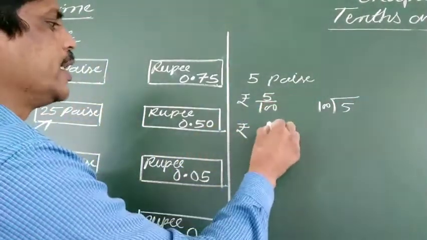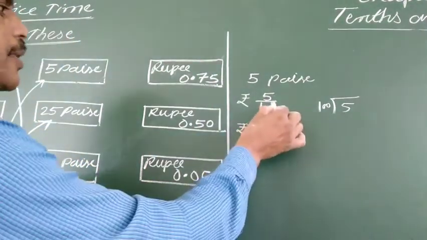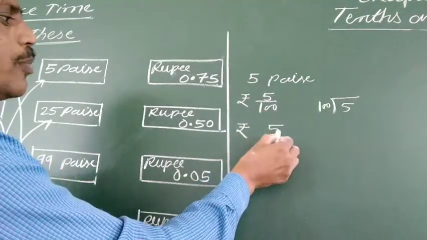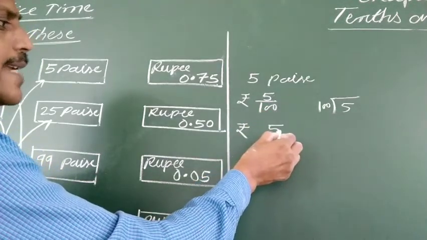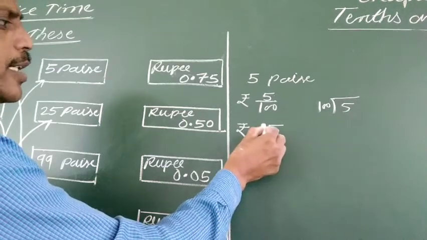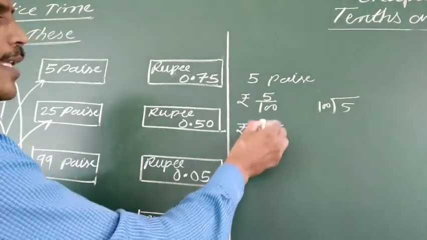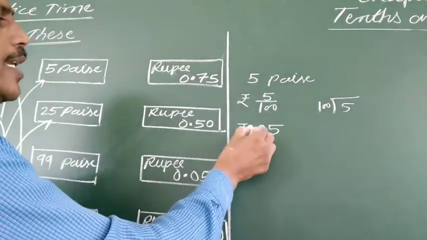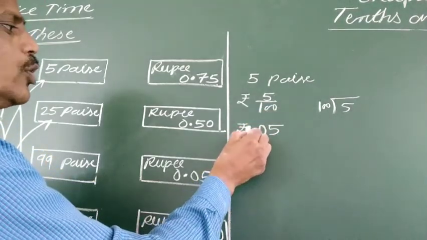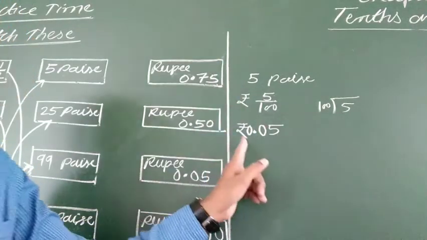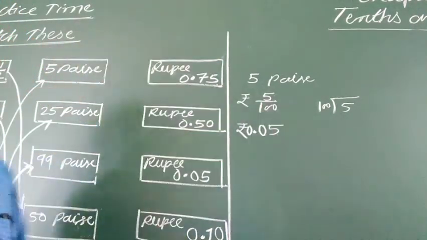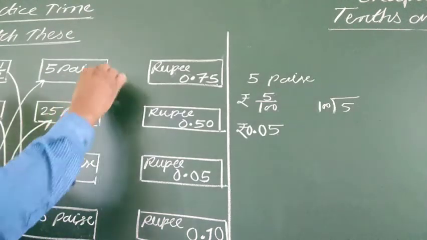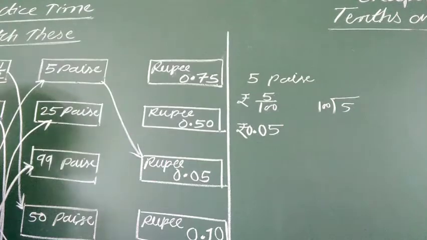But simply you can write here, first of all, you have to write the numerator. And see, in the denominator 2 zeros are there, it is divided by 100. So you have to count 2 digits from this. 1 digit, from here we will count 2 digits. 1, second digit not there, so you can put 0. And then you put the decimal point. Because 2 zeros are there, so it is 100. So it is 2. And then there is no other digit, so you can put again 0 here. So it is rupees 0.05. See, rupees 0.05. This one is here, so it will be matched with this one.